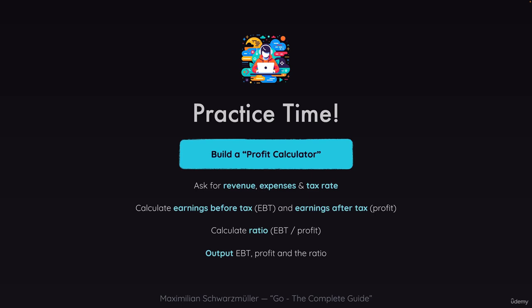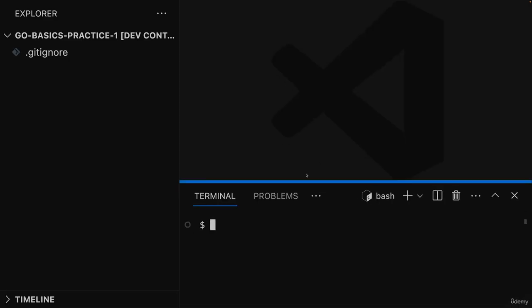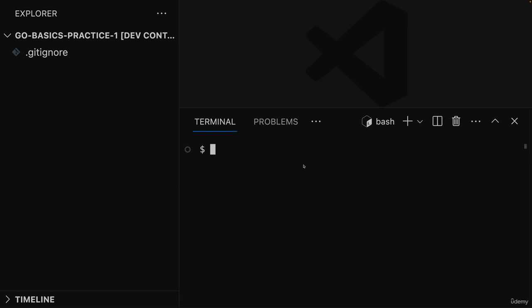So, did you succeed? Let's build this profit calculator application together. Now for that, in that brand new project here, I'll start by turning this into a Go module so that I could build it and create a standalone executable. Now, if you did not do that, that's fine. It was not explicitly stated in the task description, but here I'll do it with help of go mod init,